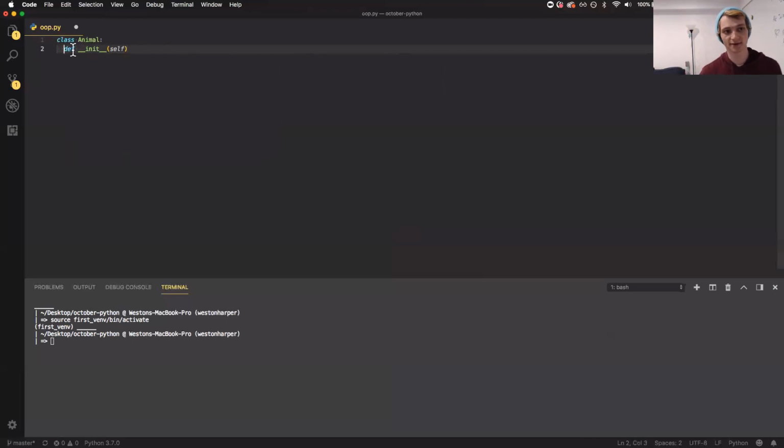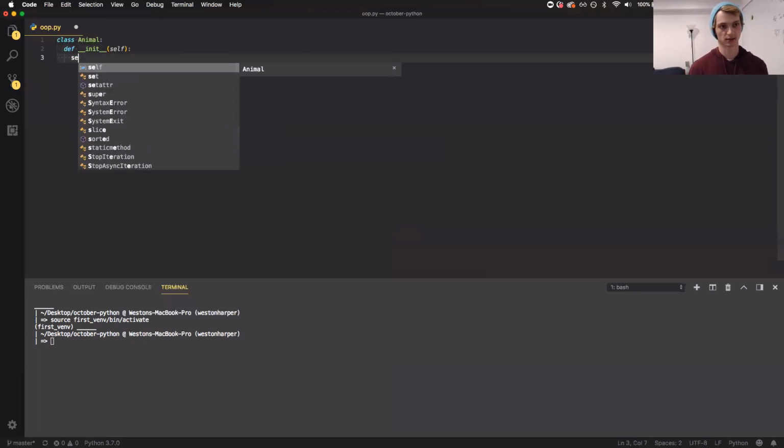Since this is a function definition, we can call it whatever we want. We could call it pizza or whatever, but what it's actually going to refer to is self, so we should call it that. I'm going to leave that there. We're going to talk about self more toward the end of the class. We're also going to talk about what this init function does in just a moment, but for now, let's go ahead and say